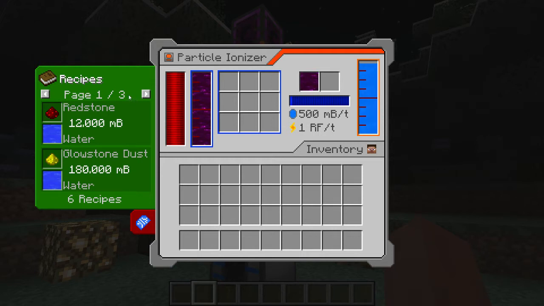We have 3 pages, and we're viewing page 1. There are 6 recipes as of now. Redstone dust with water gives you 12 buckets. Glowstone dust with water will give you 180 buckets. And block of redstone gives 240, and glowstone block will give you